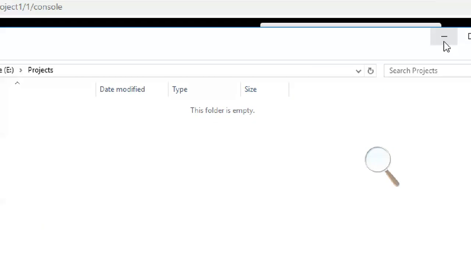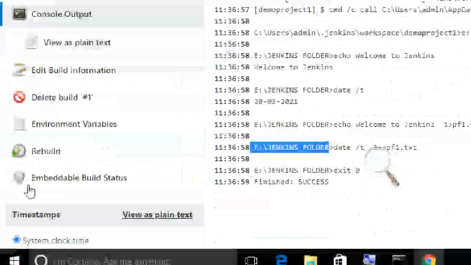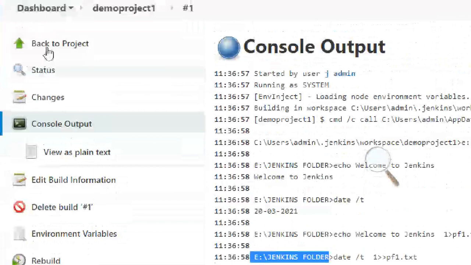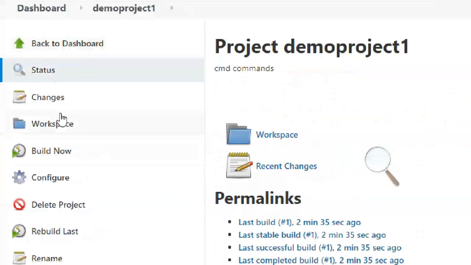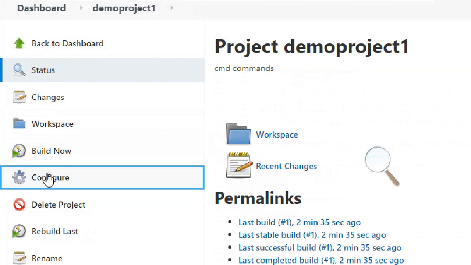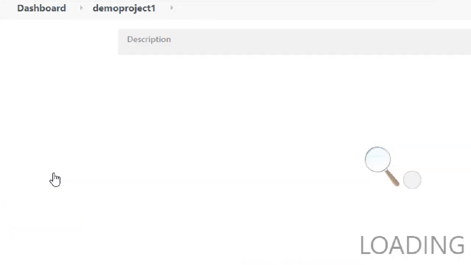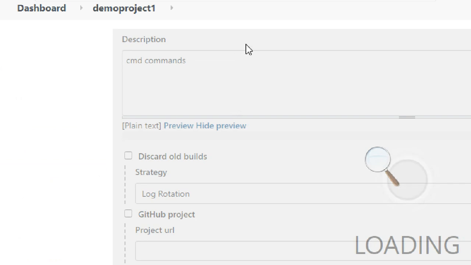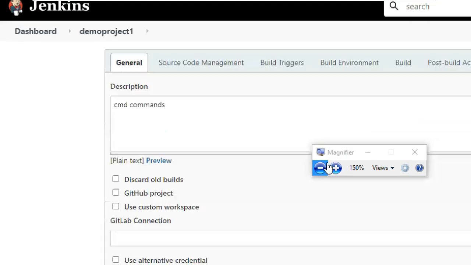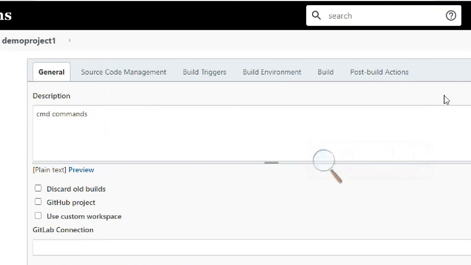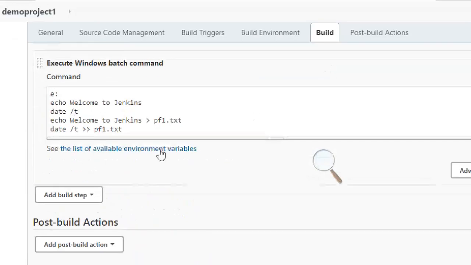Now what do I have to do? Again, back to the project, go to configure. This is in development, the first build, right? I wrote the code and checked the output, and my output came, but not as what I expected.